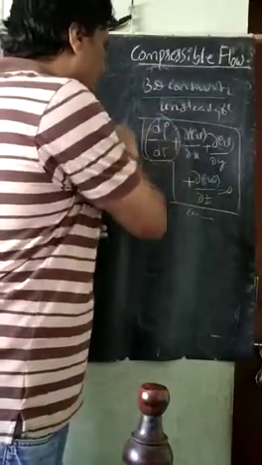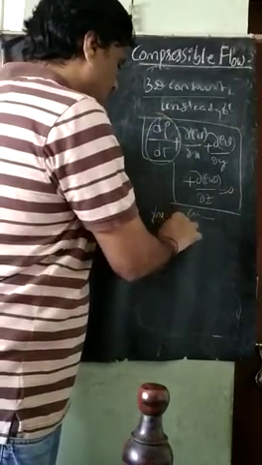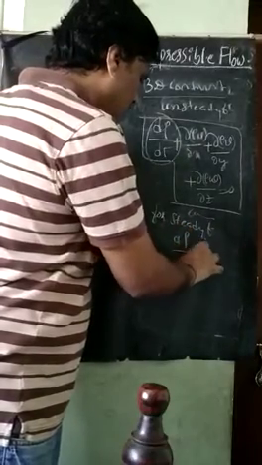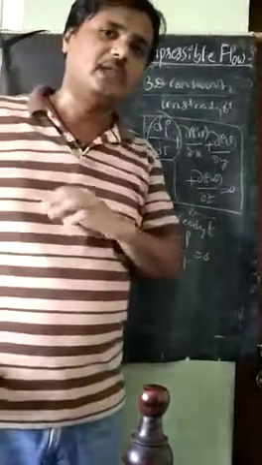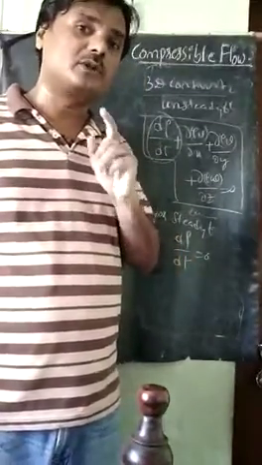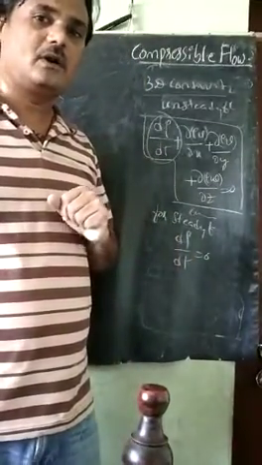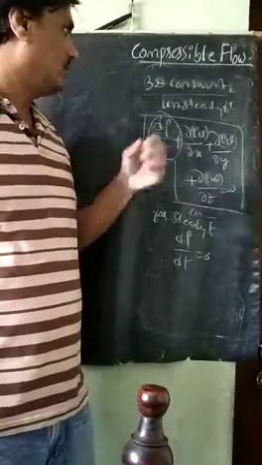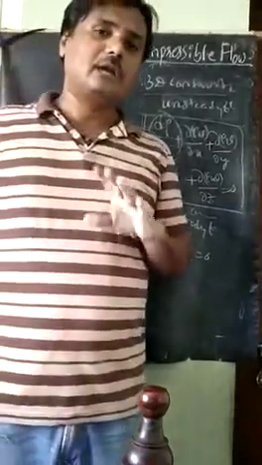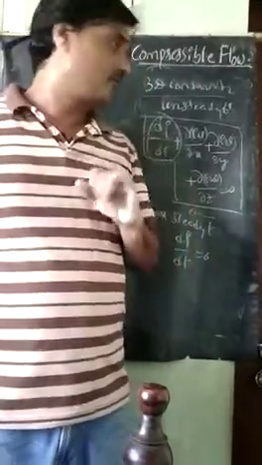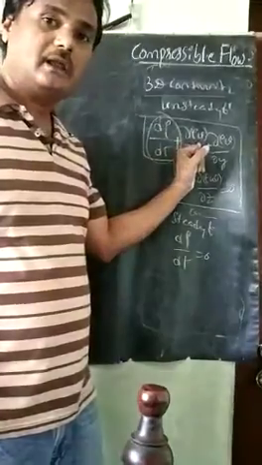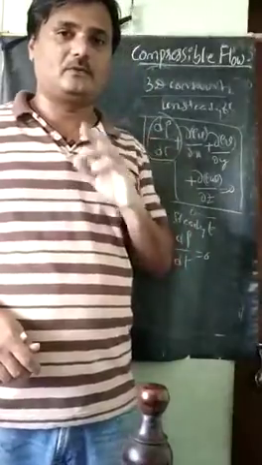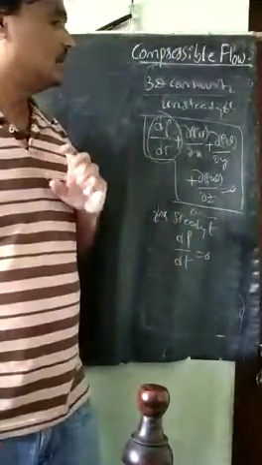If it is for a steady flow, d rho divided by dt is equal to 0. Why? Because no property is changing with respect to time. Not changing means it is steady flow, changing means it is an unsteady flow. This is about the three-dimensional continuity equation for compressible flow. Density is inside the bracket, and we cannot take it out because the density is varying. So this is about the 3D continuity equation.